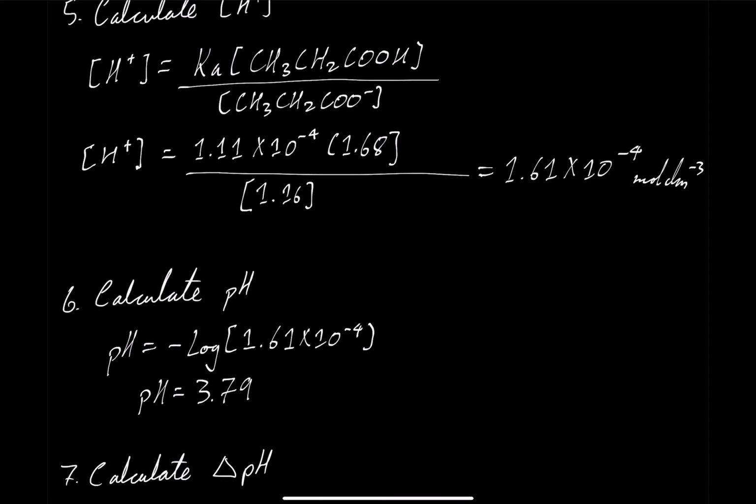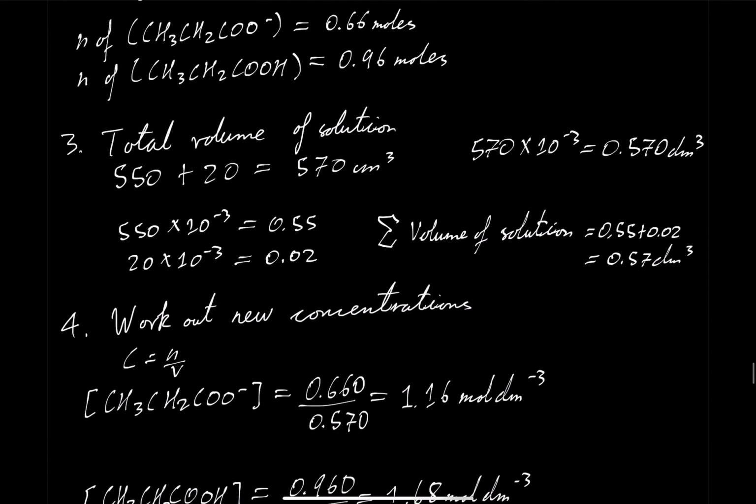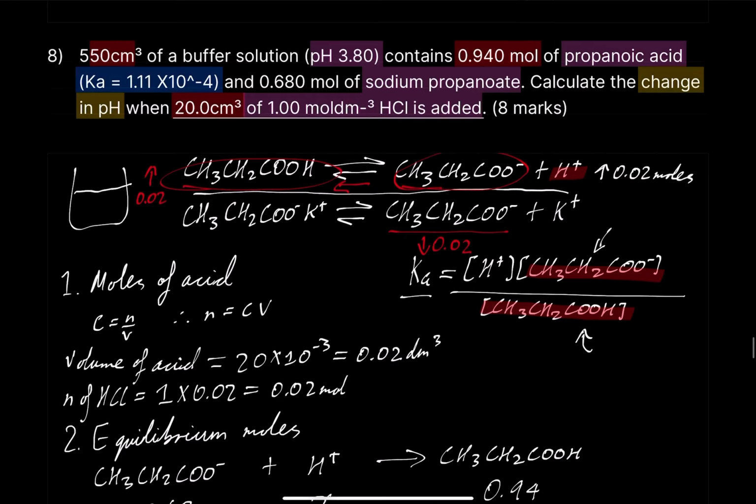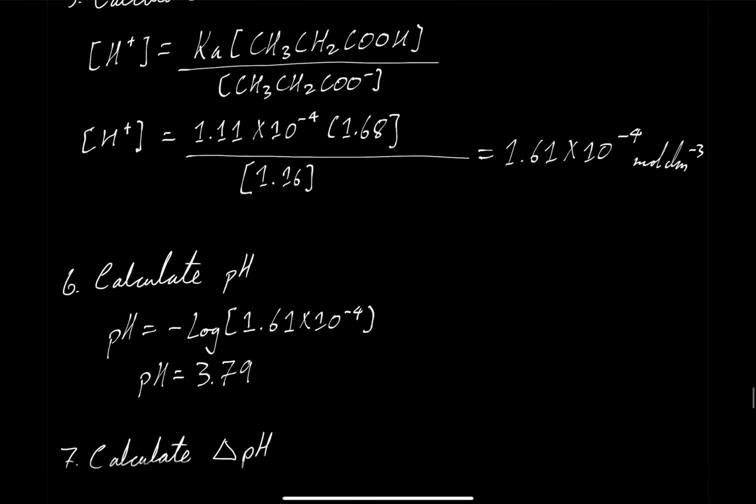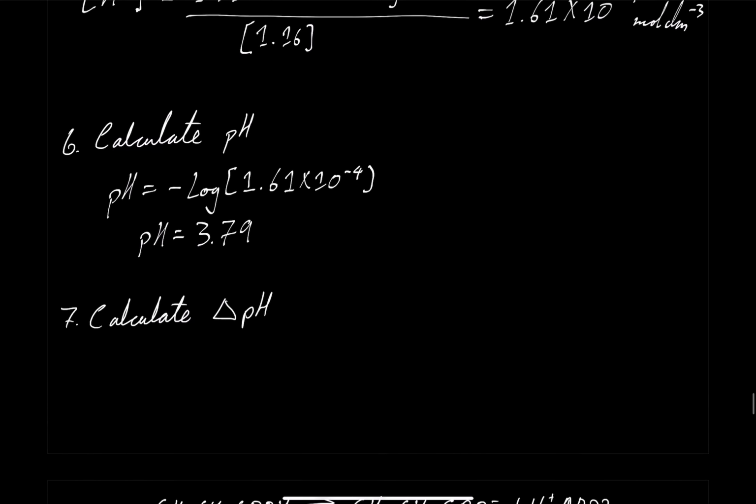We're not done yet. Remember, the question was to calculate the change in pH when we've added the acid. They told us that our original pH is 3.8. Therefore, the change in pH is just 3.8 minus 3.79, which is equal to 0.01, which is actually what you'd expect, right? That's a very, very small change in pH. So it's what you'd expect